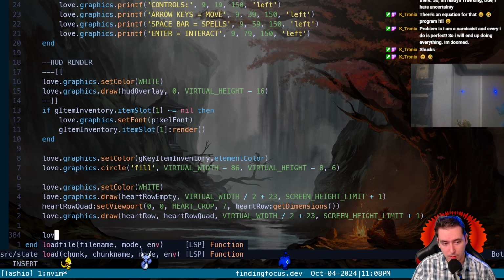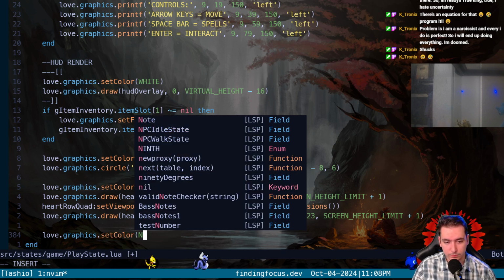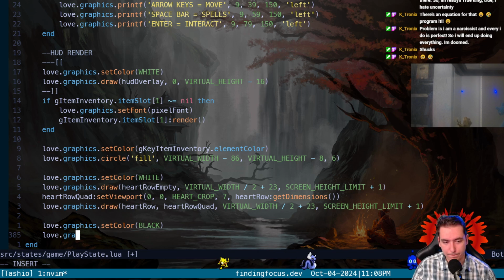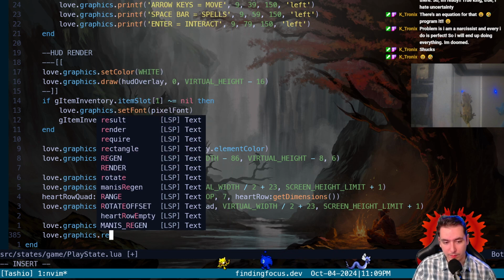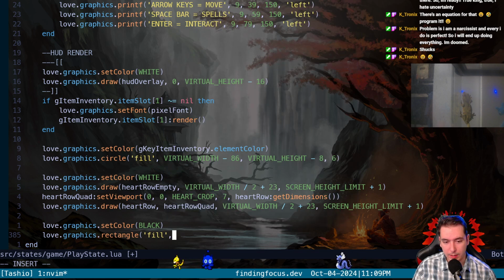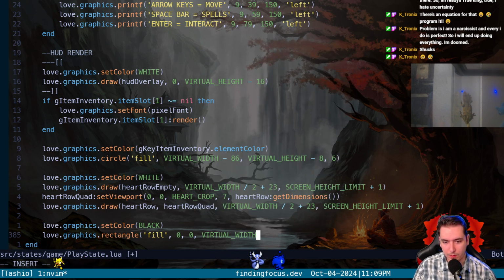So let's set our color to black. And then we'll draw a rectangle half the size of our virtual width. So we will do a love.graphics.rectangle, and it'll be mode fill. We'll start it out at 0, 0 for the top left. The width will be virtual width divided by 2, so half of our virtual width. And then a height of the screen height limit